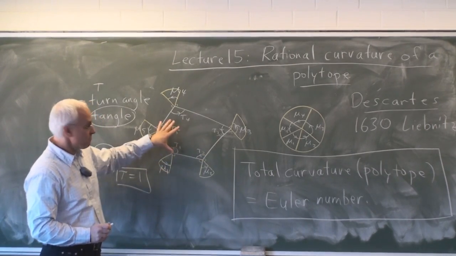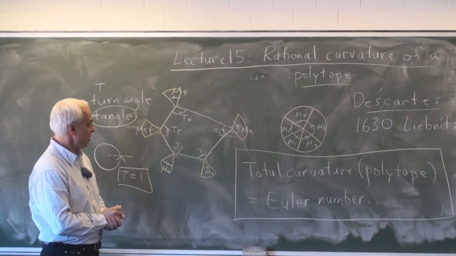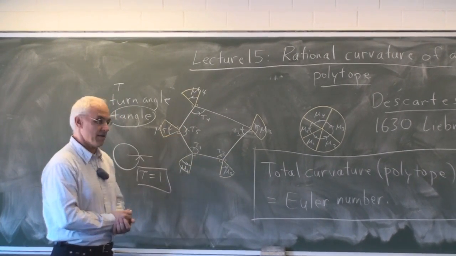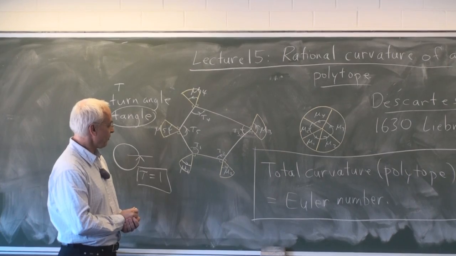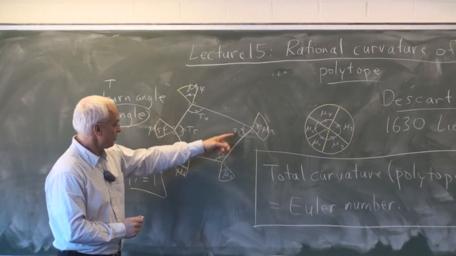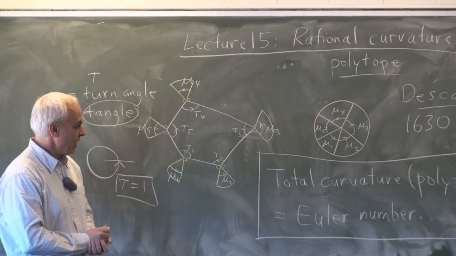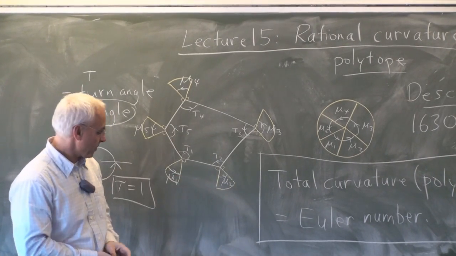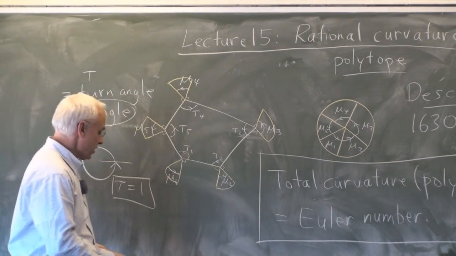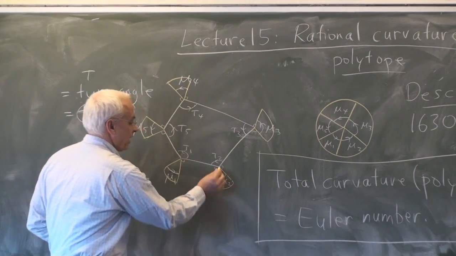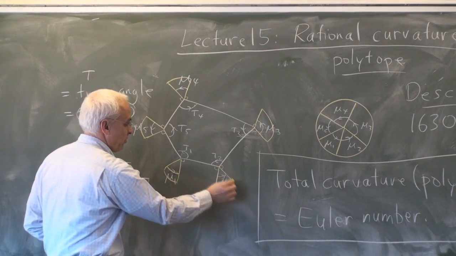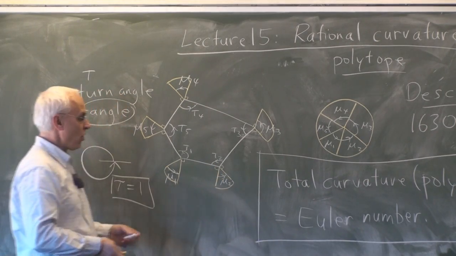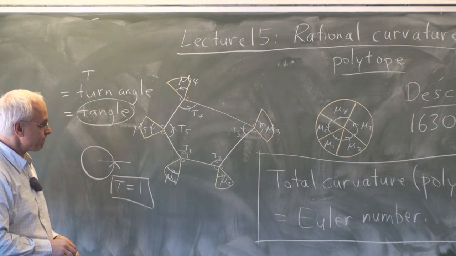So here's a pentagon, a not regular pentagon, the various tangles at the interior vertices, tau 1, tau 2, tau 3, tau 4, tau 5. And I've also shown you the opposite cones. So what we get when we go perpendicularly from each side. So we're going perpendicularly to this side and perpendicularly to this side. That generates another little cone in sort of the opposite direction.